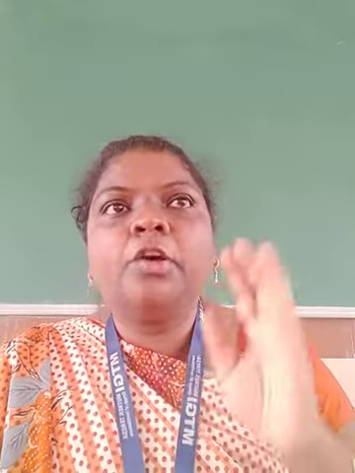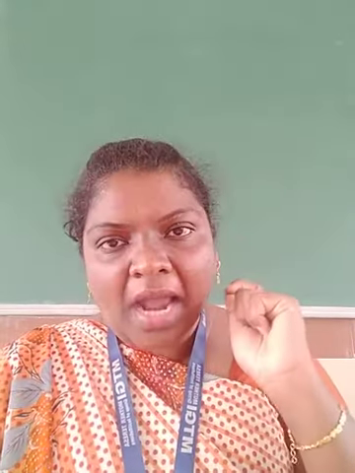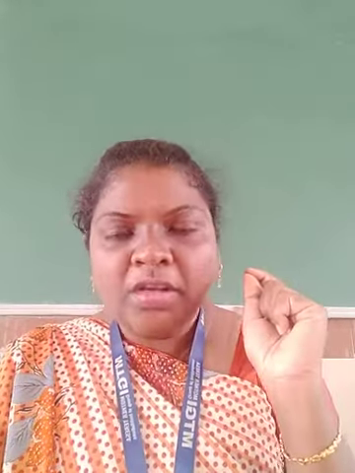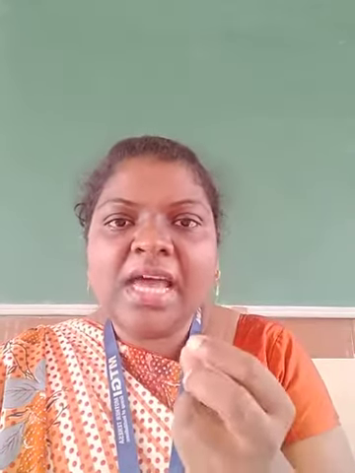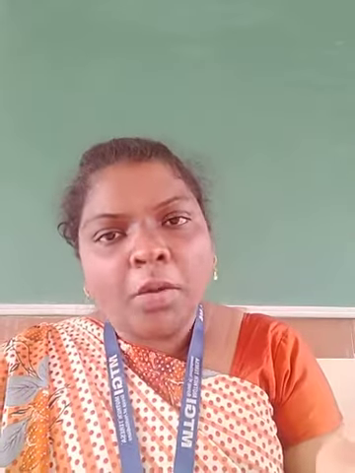For example, you are sitting in the last bench of the class and you are not able to see the blackboard writing. The teacher is using the green board and writing with chalk, but you are not able to see. It means that you have myopia. Even a little far away, you are not able to look at the objects. So that is myopia.